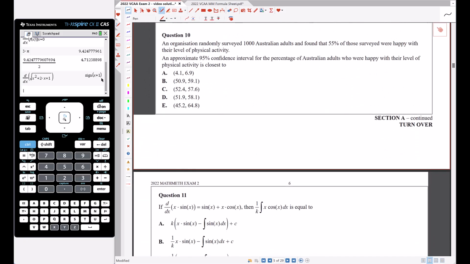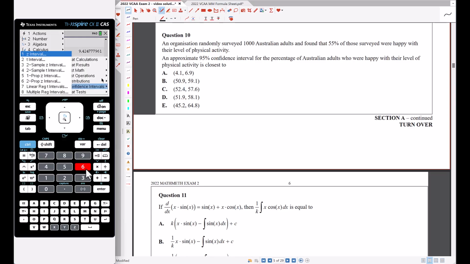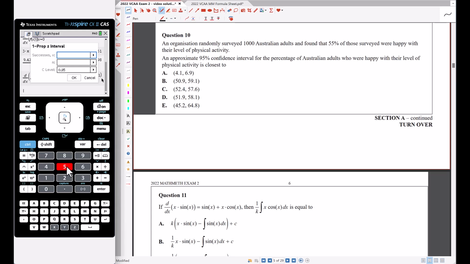Question 10. An organisation randomly surveyed 1,000 Australian adults and found that 55% of those surveyed were happy with their level of physical activity. An approximate 95% confidence interval. Okay, so this is a straight CAS question. We're going to go to menu 6 for statistics, 6 for confidence intervals, and 5. We're going to need the number of successes, so 55% of 1,000, and so that's going to be 550 successes out of 1,000 people,